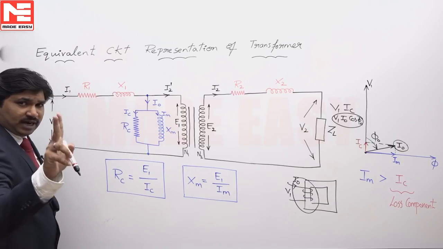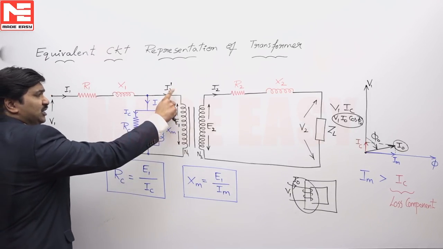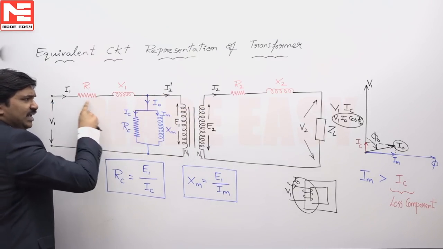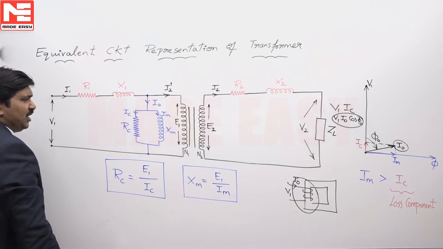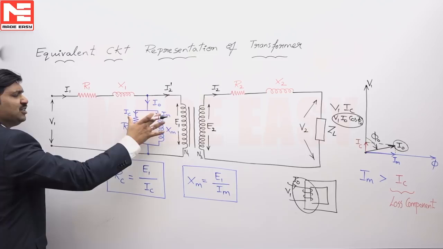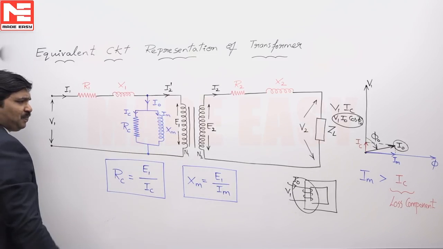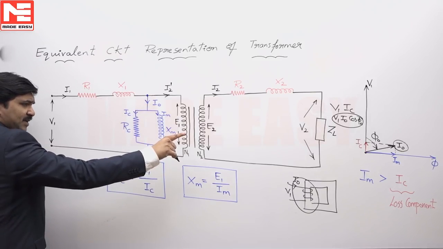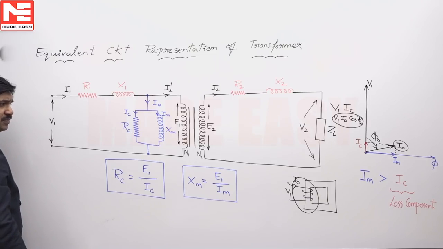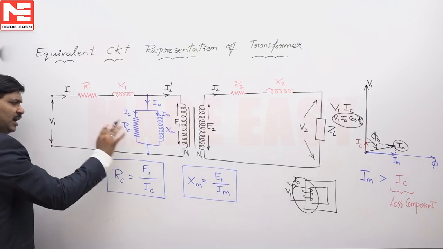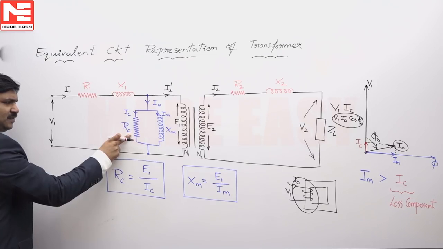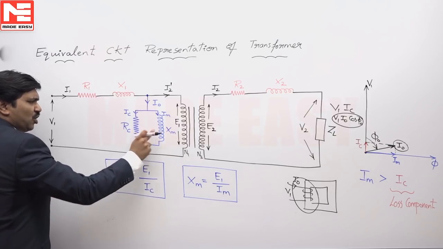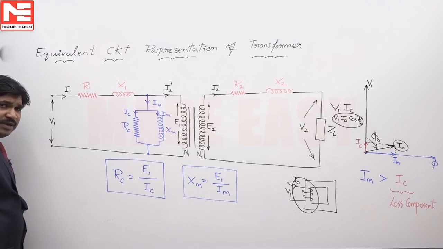To represent IC, IM, two currents along with I2 dash load component in primary, we need one more branch, because in one circuit we can't represent three currents. This is totally again a fictitious branch to represent IC, IM. IC is in phase with V voltage, IM is 90-degree lagging voltage. That's why to communicate that we use a resistance, we use a reactance. RC, XM are not resistance or reactance of any part of a transformer.